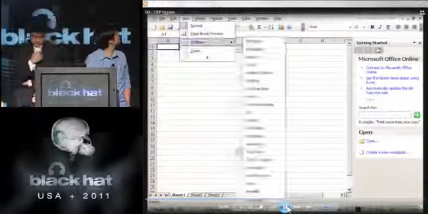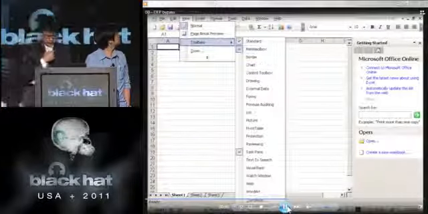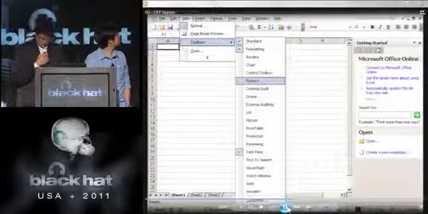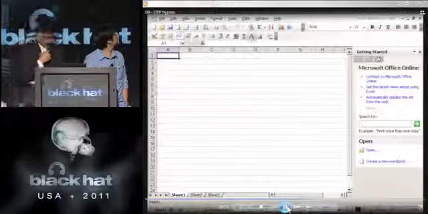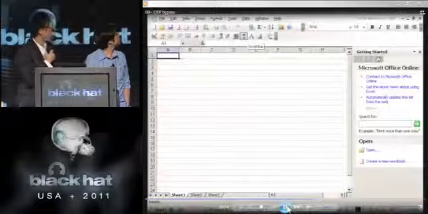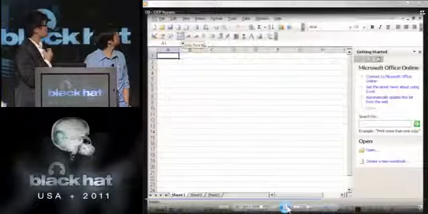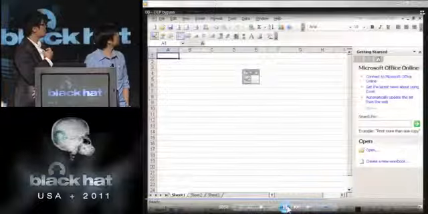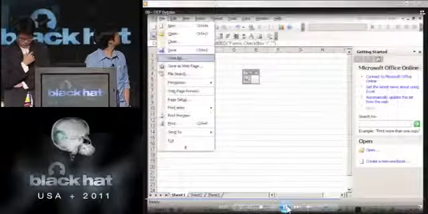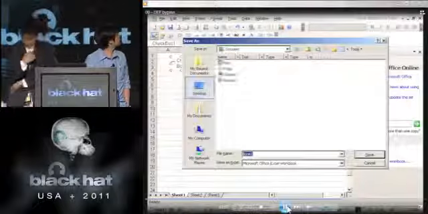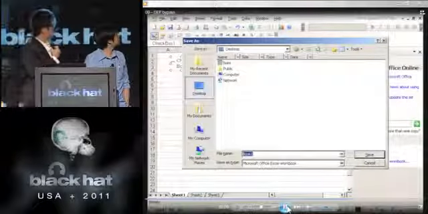Let's try to insert an ActiveX controller. This trick can insert any ActiveX controller, including a Flash object. And we save this file.